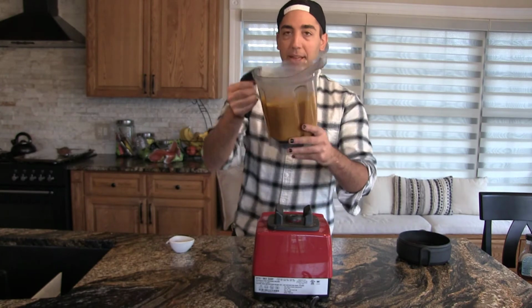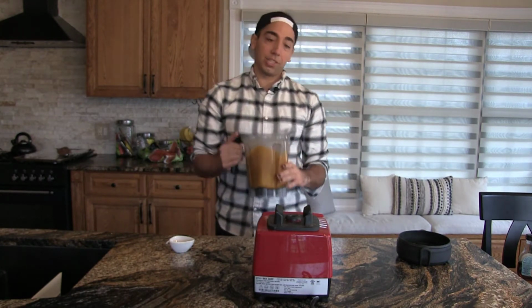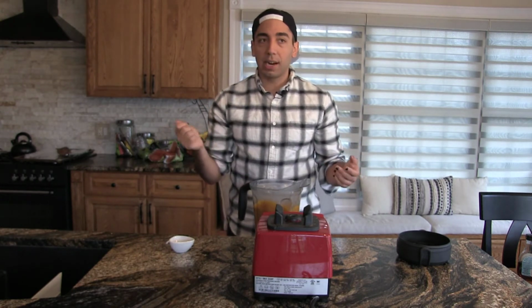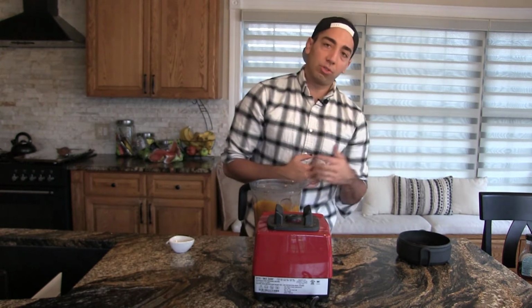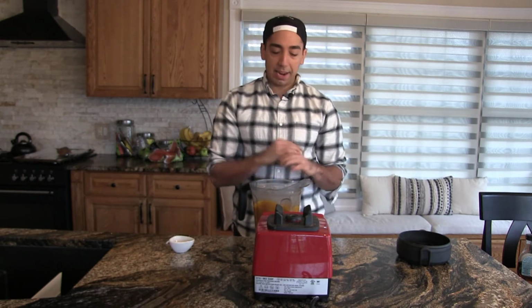All right, so we've got this blended up. It looks awesome. Look at that. I mean, you could kind of just eat this and it tastes good. Also, because it's vegan, feel free to taste test it while you're adding ingredients. If you're like, I wish it was a little bit more vanilla-y, I wish it was a little sweeter, I maybe need some salt, or when it comes to your spice blend that we're gonna add, feel free to adjust